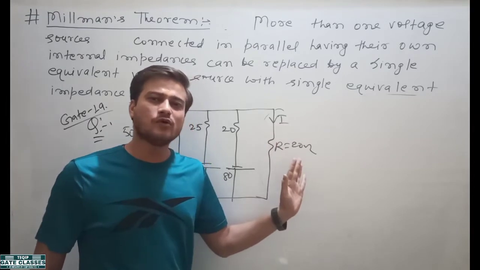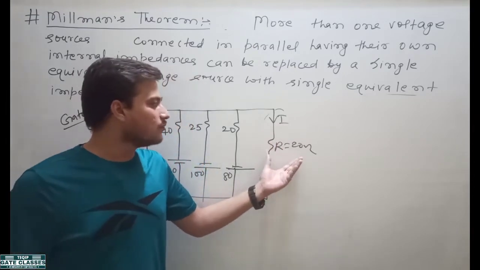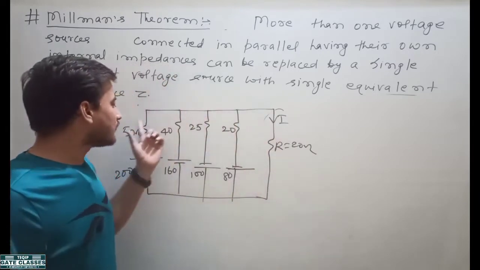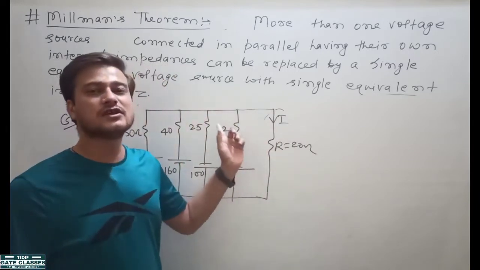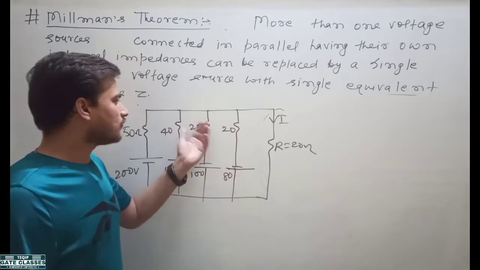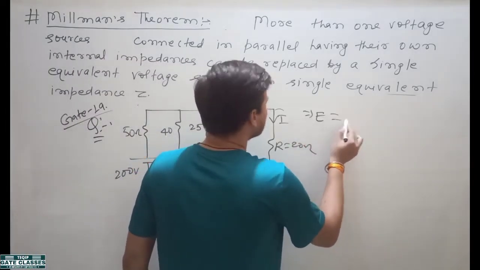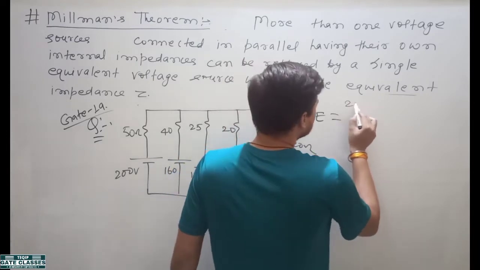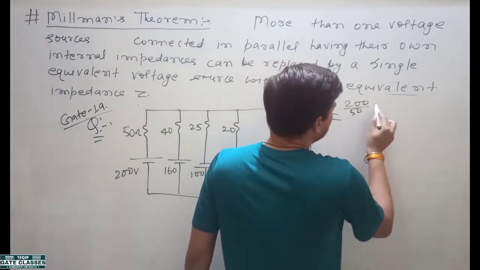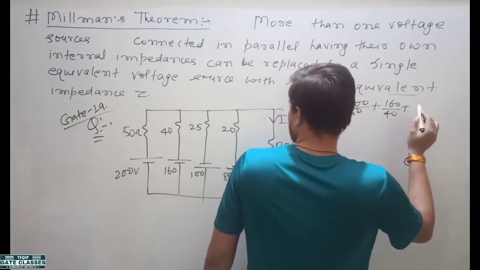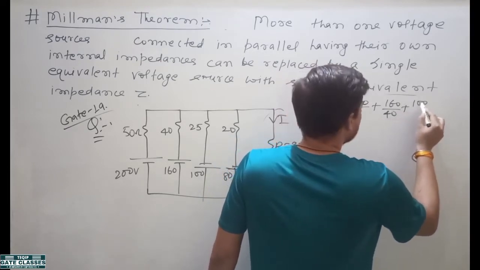So what you will have to do? You will have to remove this load. We will have to open circuit the load, and then we will find Thevenin's voltage by using Millman's theorem. So when you find Thevenin's voltage, here it will be how much? E will be equal to, here it is 200 divided by 50 plus 160 divided by 40 plus 100 divided by